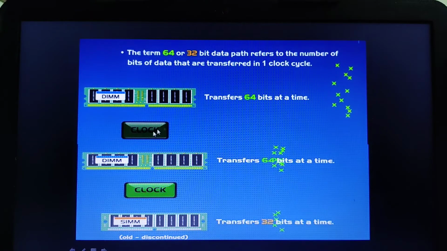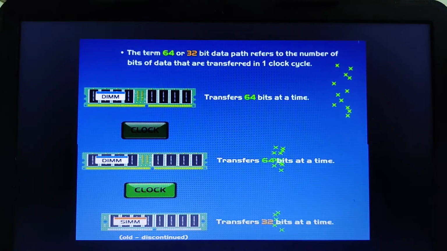See, when the clock signal was low, there was no data transfer. When the clock signal was high, it transferred the data. That is why we say that synchronous dynamic random access memory is synchronized with the system clock. This means that this SDRAM responds as quickly as possible to the CPU, and whenever the CPU requests data, it transfers the data only at the rising edge of the clock signal. So this SDRAM waits for the clock signal before responding to the control input.